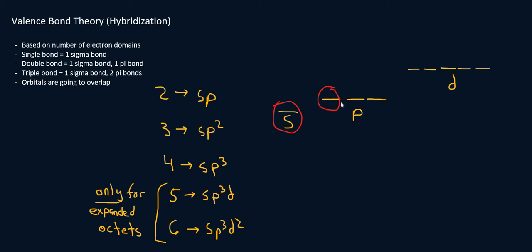Remember that for the p orbital you have three lines, so this represents three different orbitals. So you fuse the s with one of the p's, and that gives you the sp hybridized orbital,